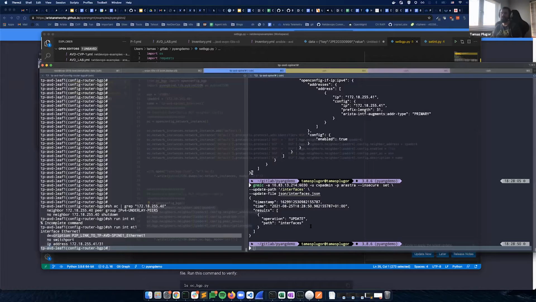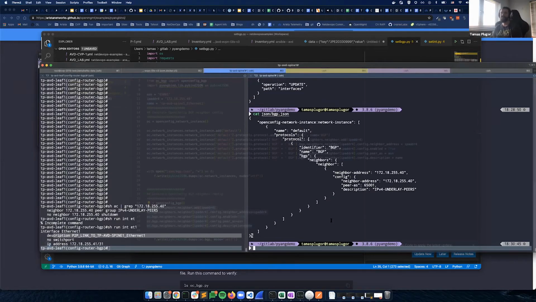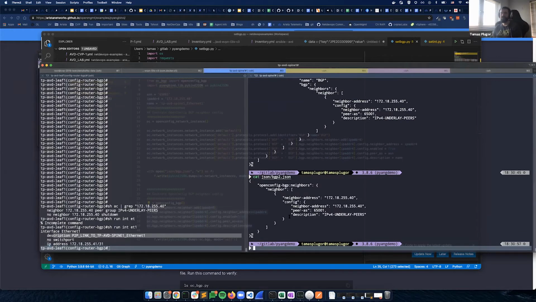Running that script creates two files for me. One of them was bgp.json, which is using the network instances and the OpenConfig BGP YANG. And then the other one is the bgp2.json, which is only specifically